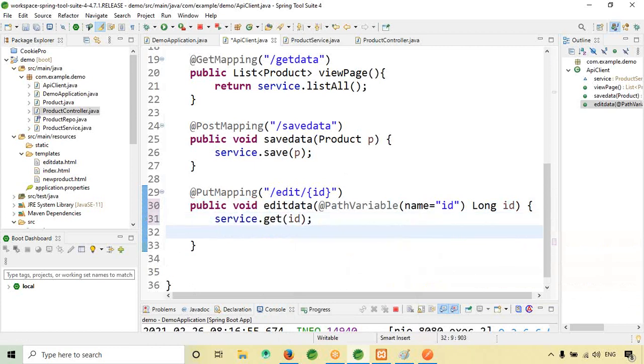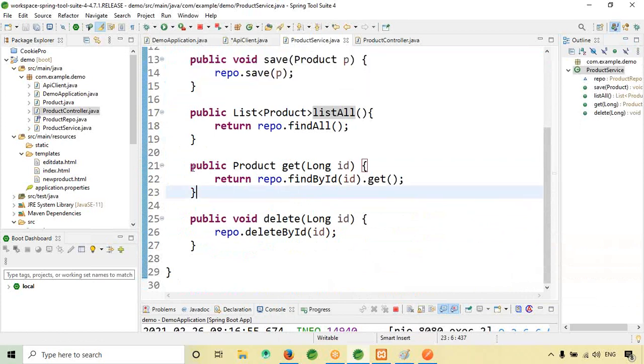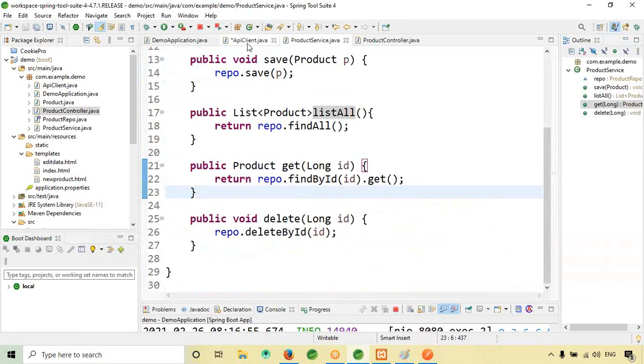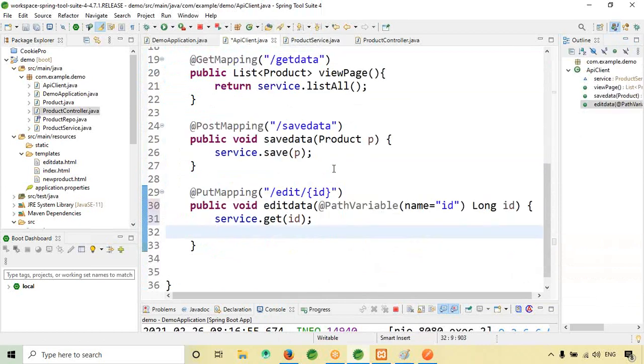So if you observe, service dot get ID is to fetch the data, and then to update the data, next call service dot save.